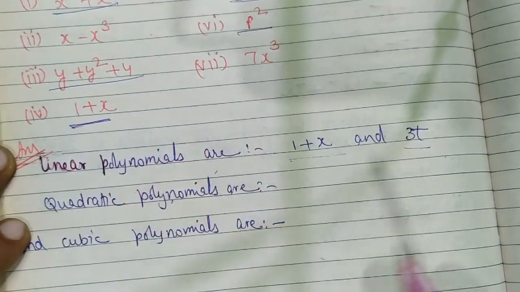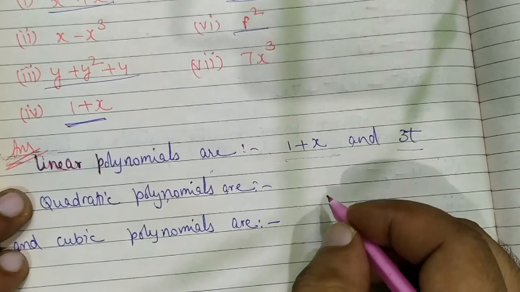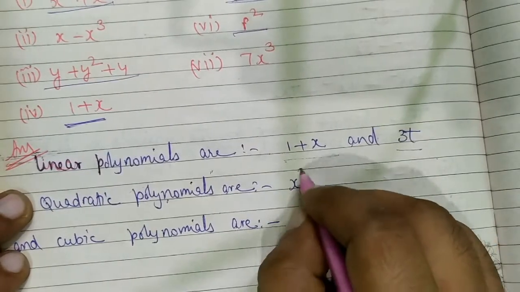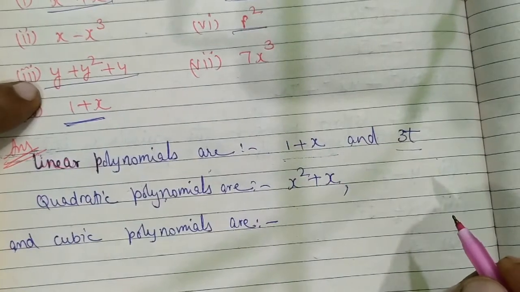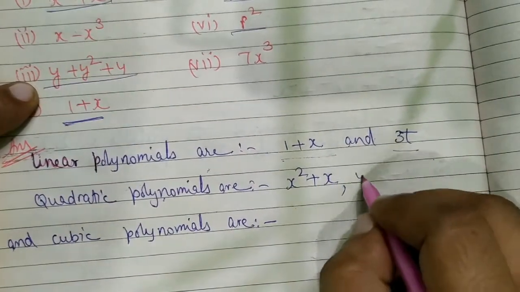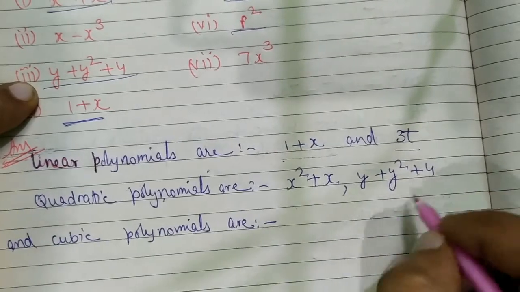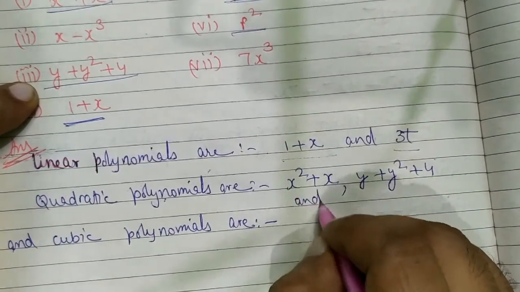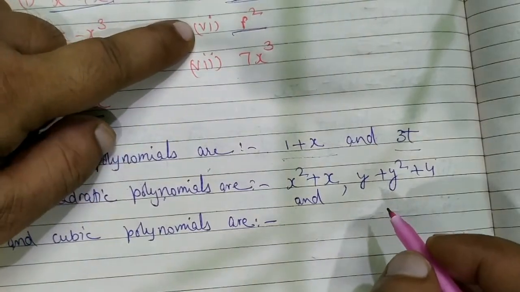Okay, so let's write the quadratic polynomials here. The first one is x square plus x. Then comes this one, y plus y square plus 4,